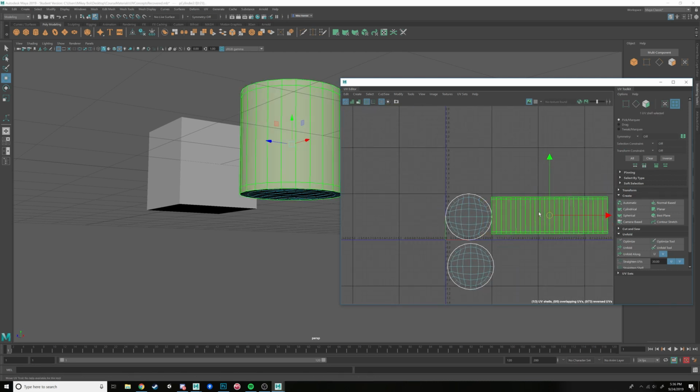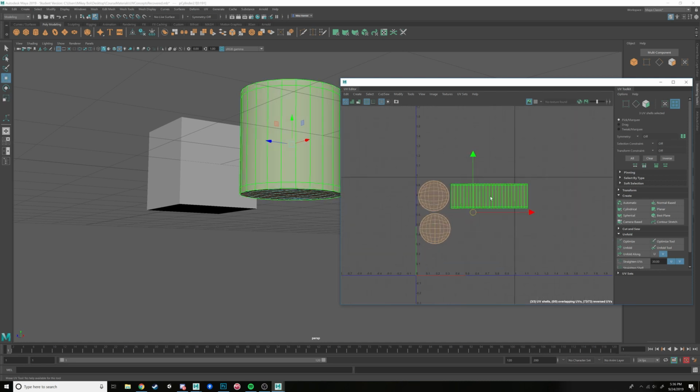So we have our UVs right here. And now you're like, okay, to get this into the square, I know what to do. I've got to select all my shells, and then with R, I can just scale it right down, and then move this here. Also, important to know, J enables snapping on this. If you hold J,